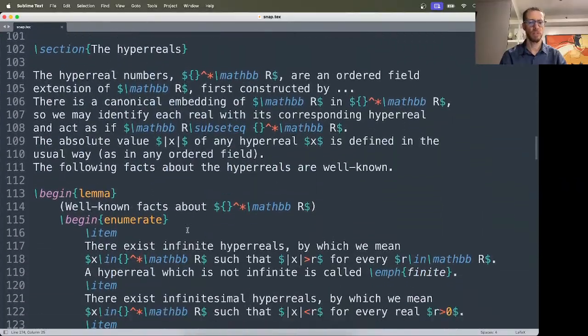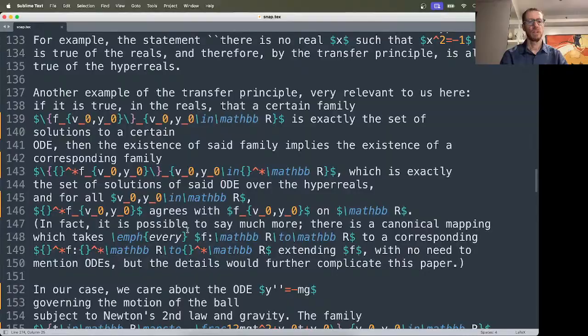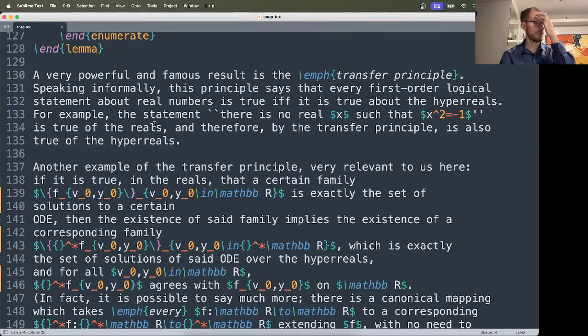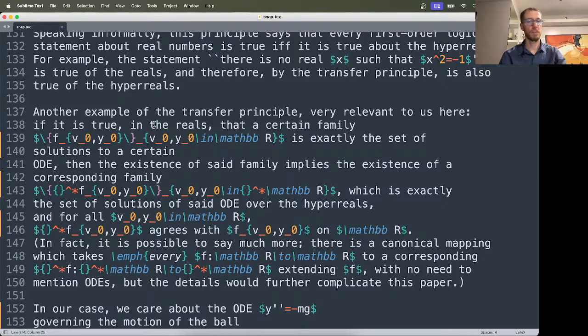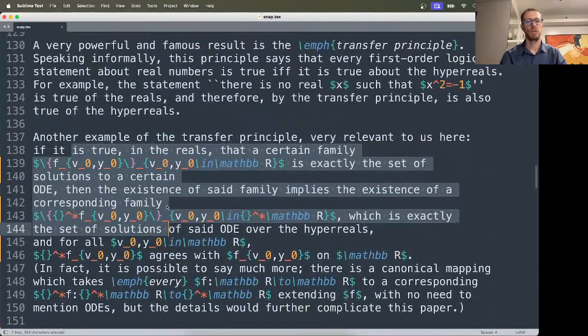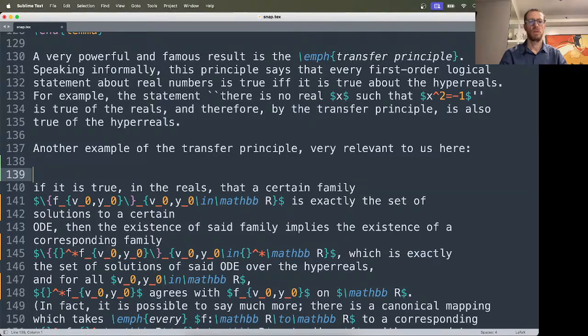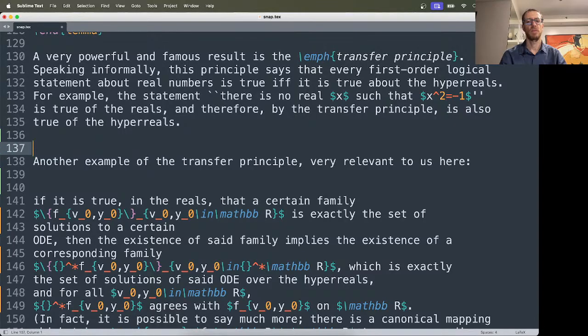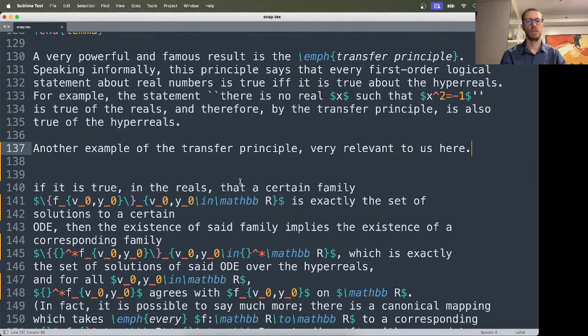So in the section on hyperreals, we introduce the transfer principle. Then we say another example of the transfer principle, very relevant to us here. And this whole paragraph and the next paragraph are kind of overcomplicated. Rather than closing the colons, I want to say another example of the transfer principle is very relevant to us here. And then I will say that